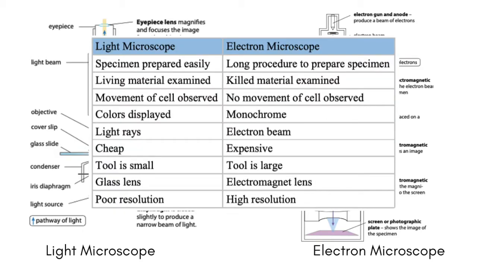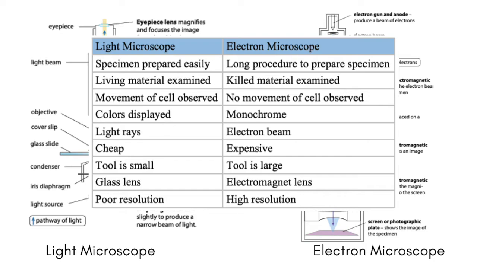So this table shows the comparison between light microscope and electron microscope. Light microscope, the specimens are prepared easily, whereas the electron microscope takes a long procedure to prepare. Light microscope, living material can be examined, movement of cell can be observed, the colors will be displayed, it uses light rays, it is very cheap, the tool is very small and portable, it uses glass lens, but the resolution is poor. However, for electron microscope,